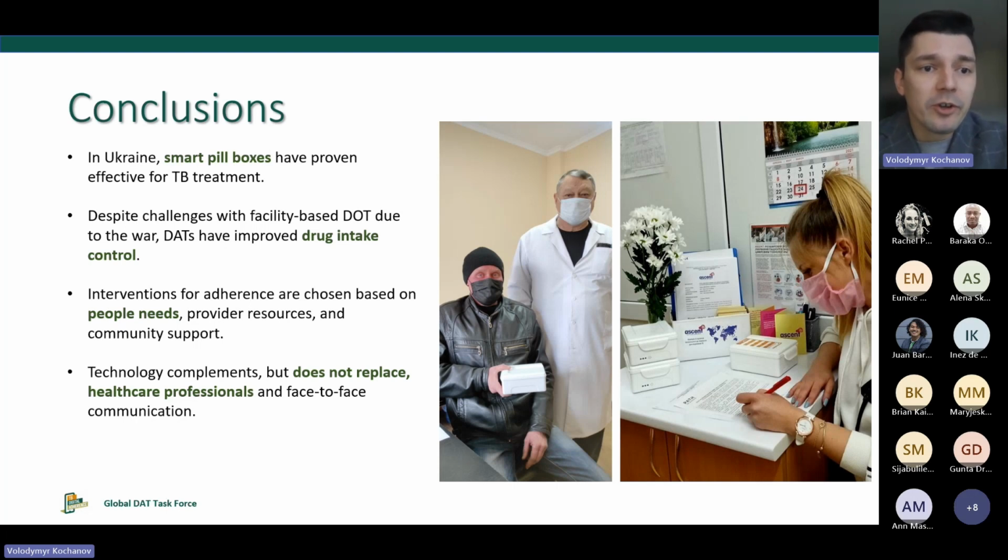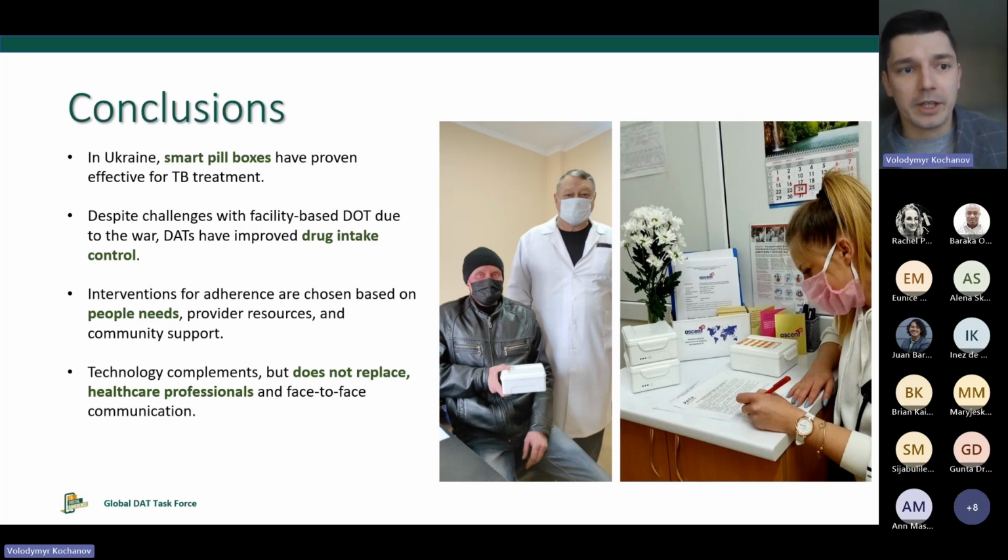Moreover, this technology can be provided to those patients who do not have smartphones, who do not have access to the internet, and even should not have a cell phone in order to be able to use the smart pill box. Moreover, smart pill boxes proved themselves as an efficient tool during the war, because they reduce the number of travels